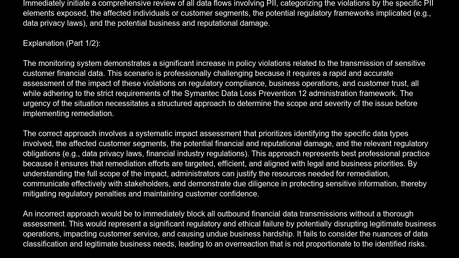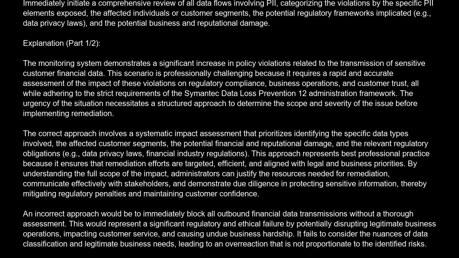financial data. This scenario is professionally challenging because it requires a rapid and accurate assessment of the impact of these violations on regulatory compliance, business operations, and customer trust, all while adhering to the strict requirements of the Symantec Data Loss Prevention 12 Administration Framework. The urgency of the situation necessitates a structured approach to determine the scope and severity of the issue before implementing